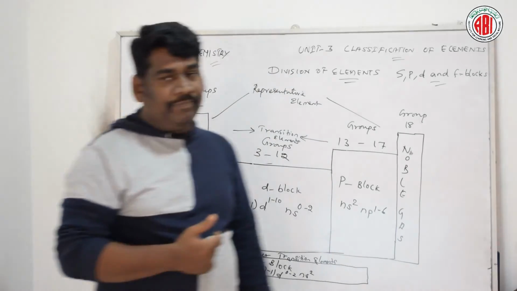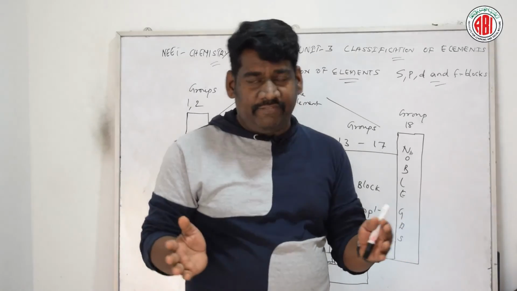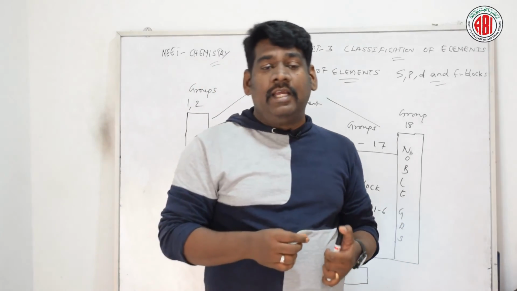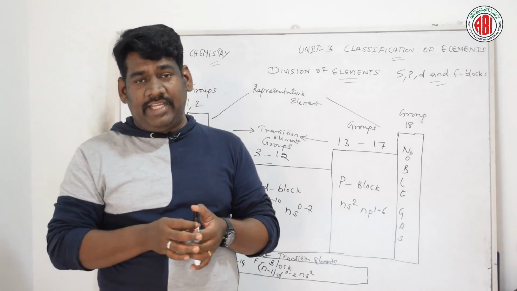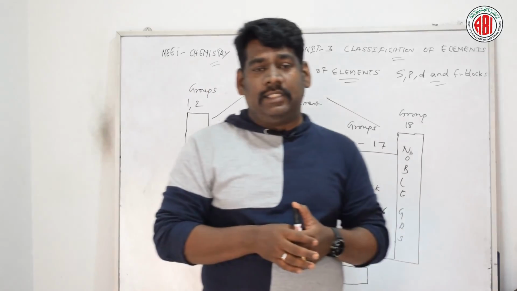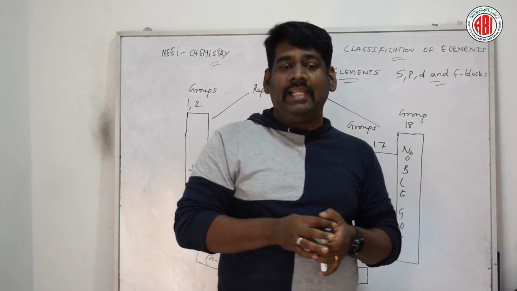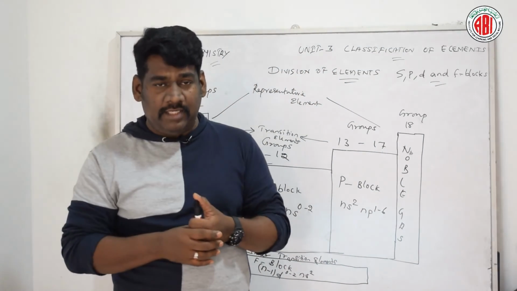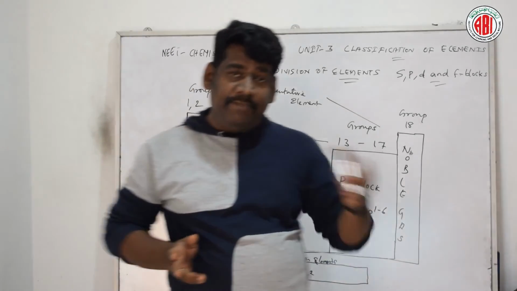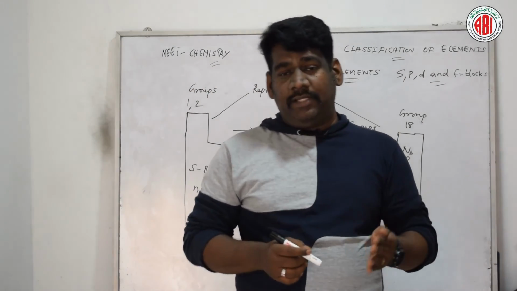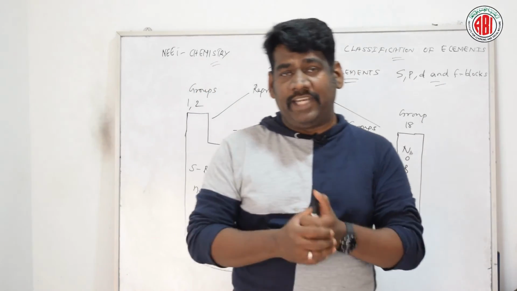Next, talking about representative elements, the S block and P block. These two categories of elements are called S and P block elements, and they are able to attain the electronic configuration of their respective noble gases. They include two major groups: group 1, called alkali metals, and group 2, called alkaline earth metals. On the extreme right side, we can see elements that go from group 13 to 17 in the periodic table.